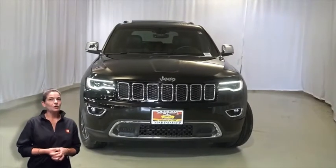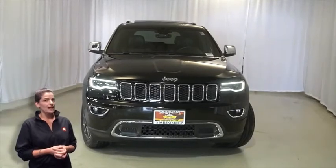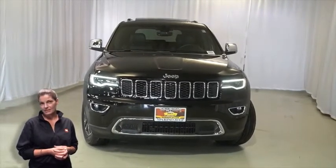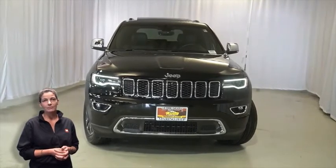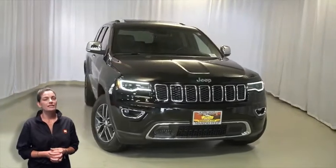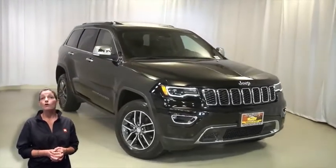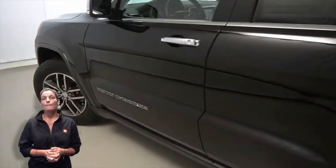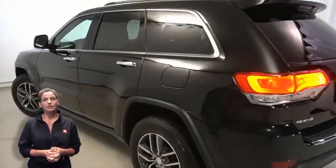Looking for a highly equipped SUV with all the right options and reliability? We'll take a look at this certified pre-owned 2017 Jeep Grand Cherokee Limited in Diamond Black Crystal Pearl. With bi-xenon HID headlamps, premium fog lamps, 18-inch aluminum wheels, blind spot and cross path detection, LED tail lamps, heated